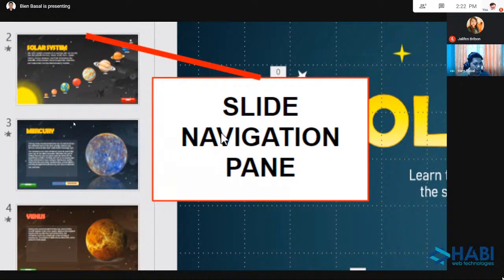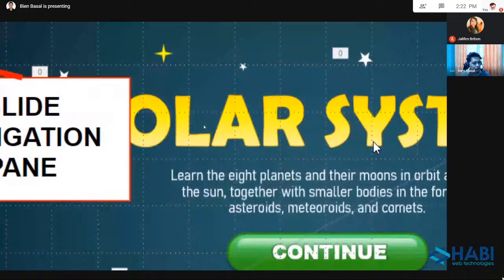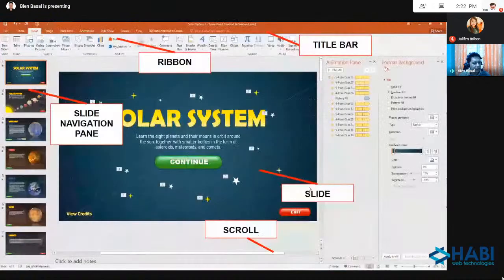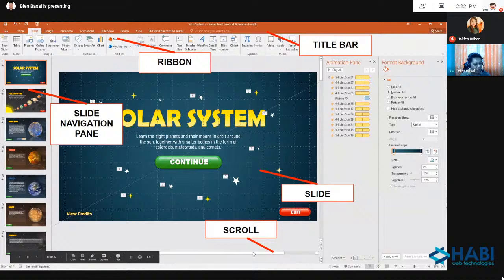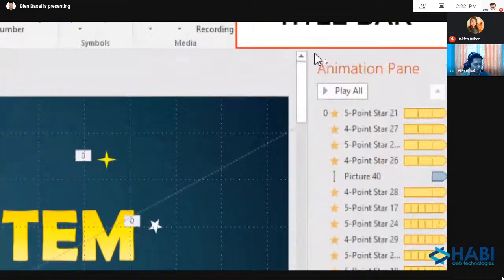Okay? Yan. Sa gitna po dito, we have the slide. Okay? Ito po yung pinaka-main slide where kung saan po kayo mag-i-start mag-work po ng atin pong mga text and mga images, shapes. Diyan po tayo maglalagay. Okay? We have here scroll, we have the horizontal scroll bar. And of course, we have here the vertical scroll bar. Yan. To scroll po, no? To navigate po yung inyo pong slide o yung page po natin.